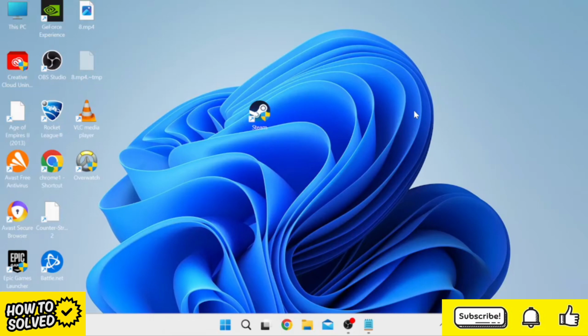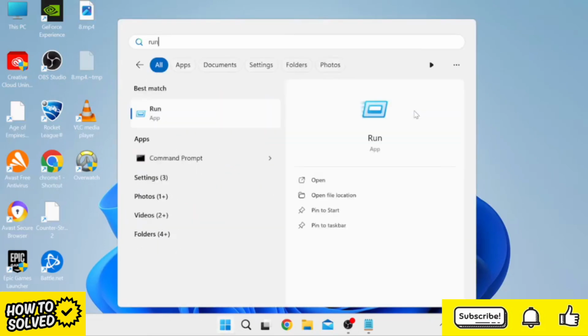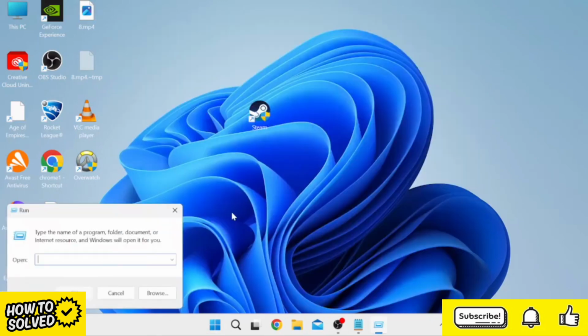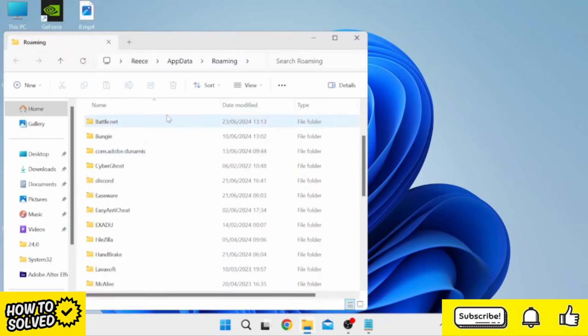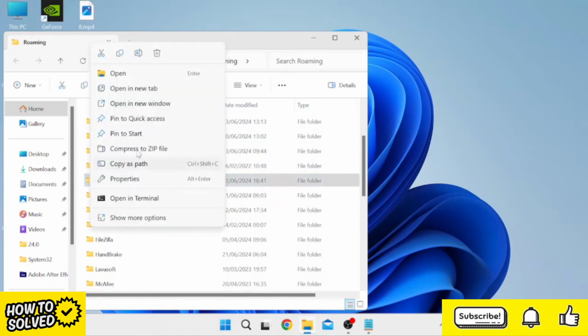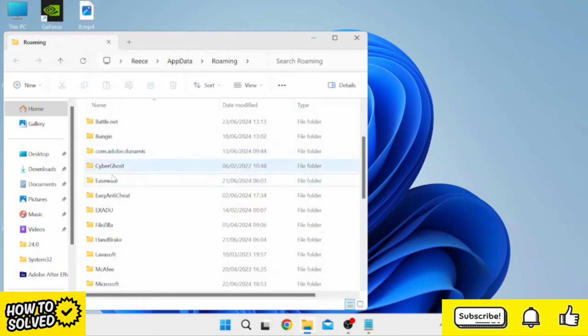So the very first thing we're going to do is head over to our start menu and search for run, and then tap on the run icon, and inside of this search box we need to type in %appdata% and hit enter. Then scroll down, and if inside of here you see a folder for Discord, we just need to right click on this Discord folder and select the trash icon, and this is going to delete the folder,